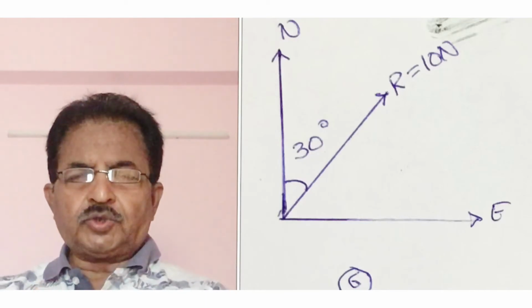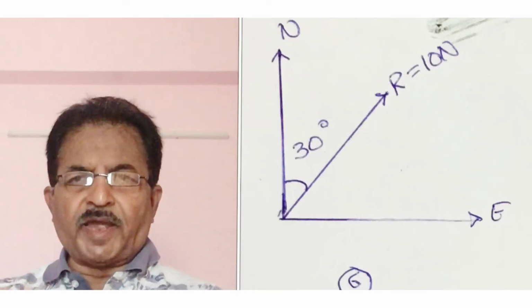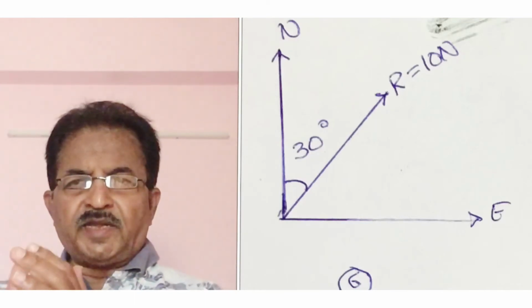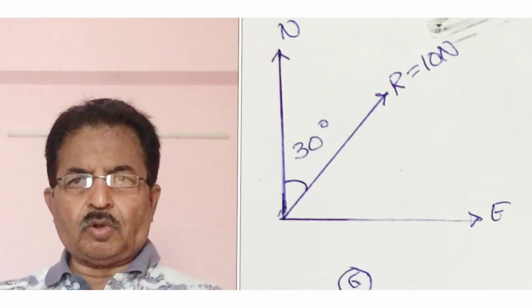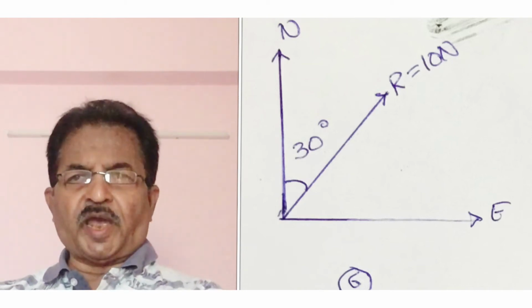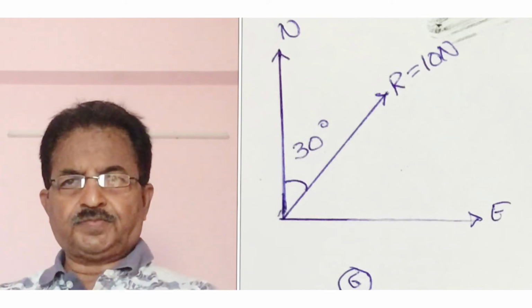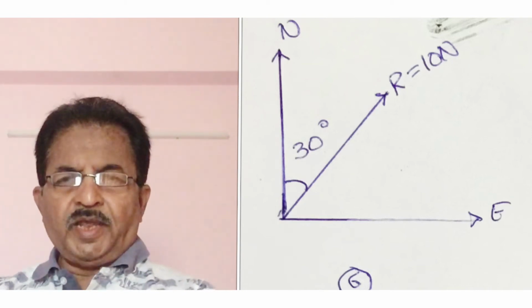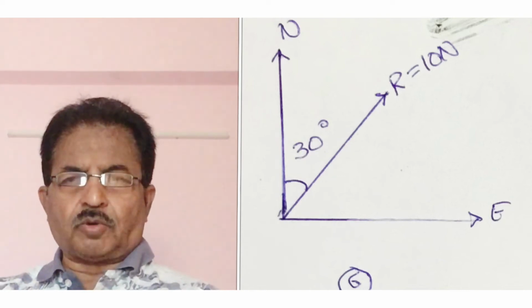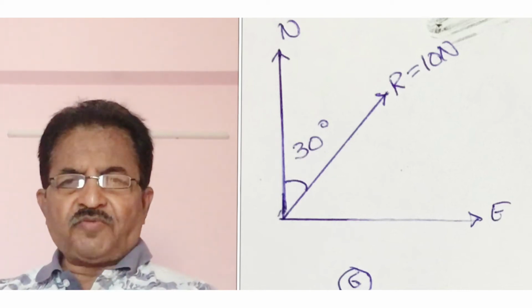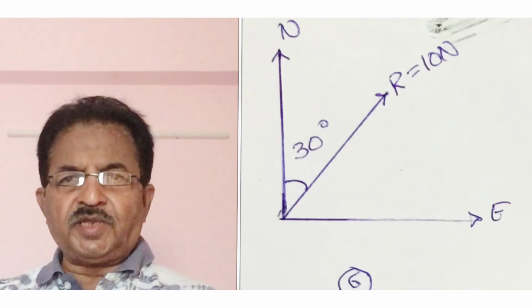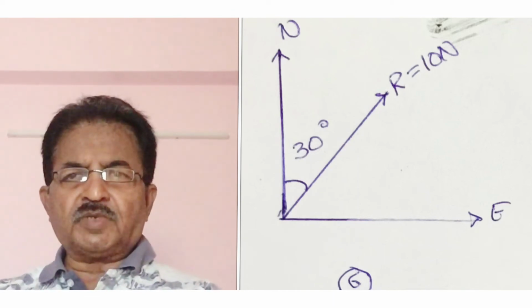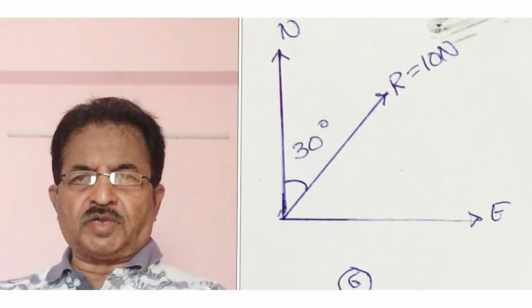Now look at figure 6. I showed you that the resultant is 10 newtons and it acts at 30 degrees with north and 60 degrees with east, as shown in figure 6. So I'll repeat the shortcut. If there are two equal force vectors, each of magnitude p with 120 degrees, the resultant is always equal to p itself and the resultant must always bisect the angle between the vectors.